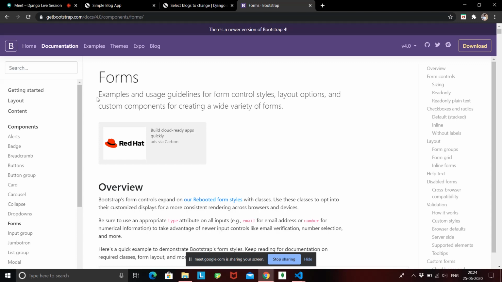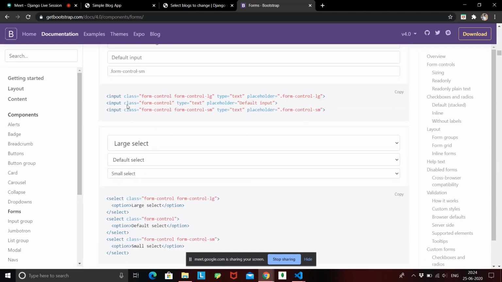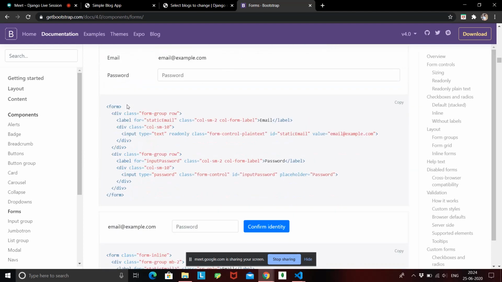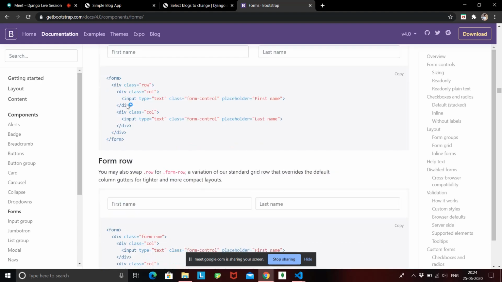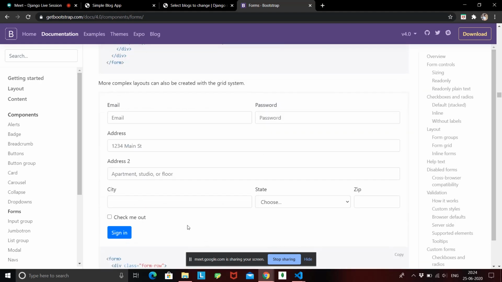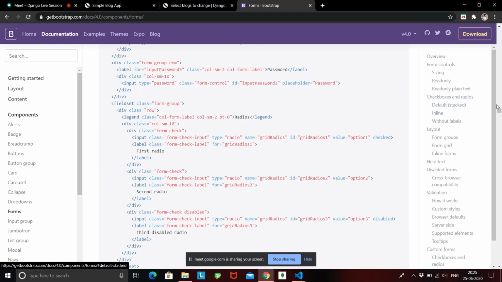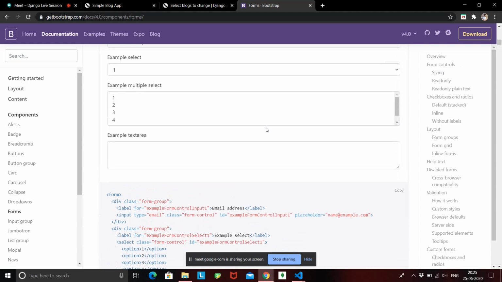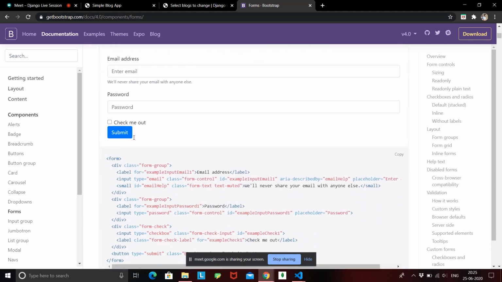You can select any type of form that you need. We can use this first name, last name form. We can use this sign up form which has email address, password, address 1, address 2. I'll leave it up to you guys. Whichever form you want, you can pick it up for the designing. Currently I'll use only the base form that they have given, which has email ID and password, and we'll change it a little bit.